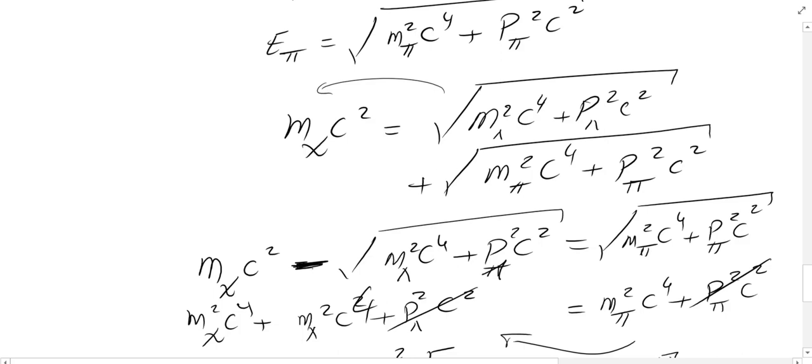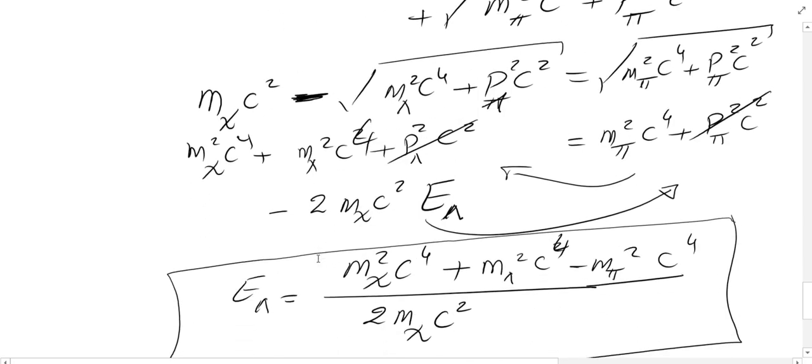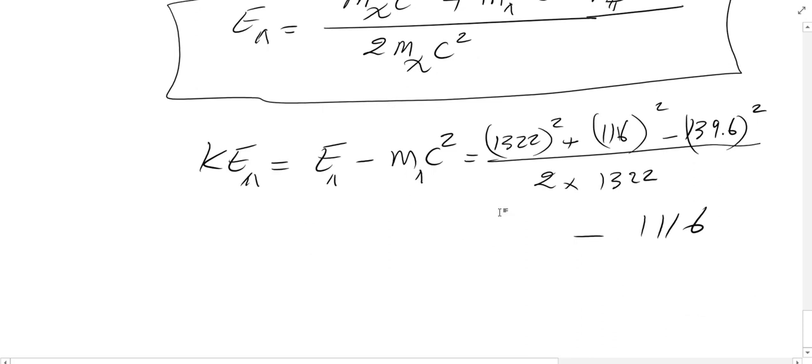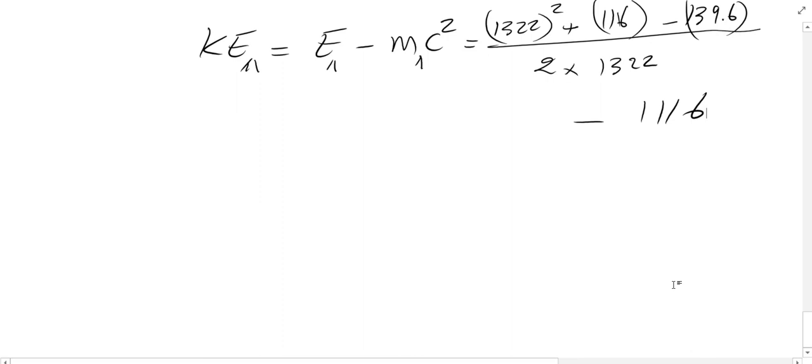You're going to have a negative in here. You square it. You're going to plug in the value of E pi, and you're going to find the value for E pi. That is basically similar to this one, except at the end you're going to subtract the rest mass of the pi particle. So the kinetic energy then for the pi particle in here, if I'm careful enough,